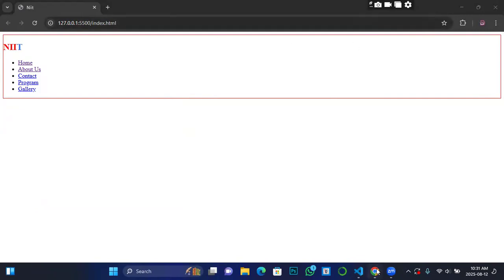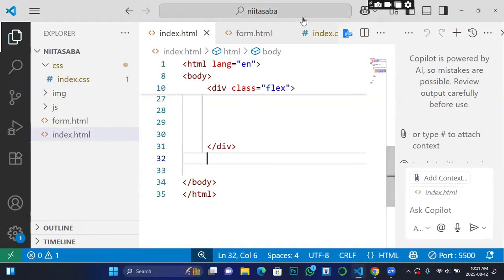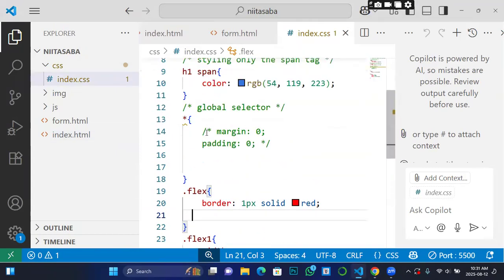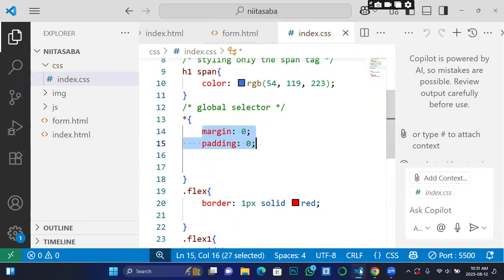All right, so let me bring back the global selectors. Where is it? Okay, I cleared the data. Let me just reactivate them back. All right. So now the next thing I want to do is